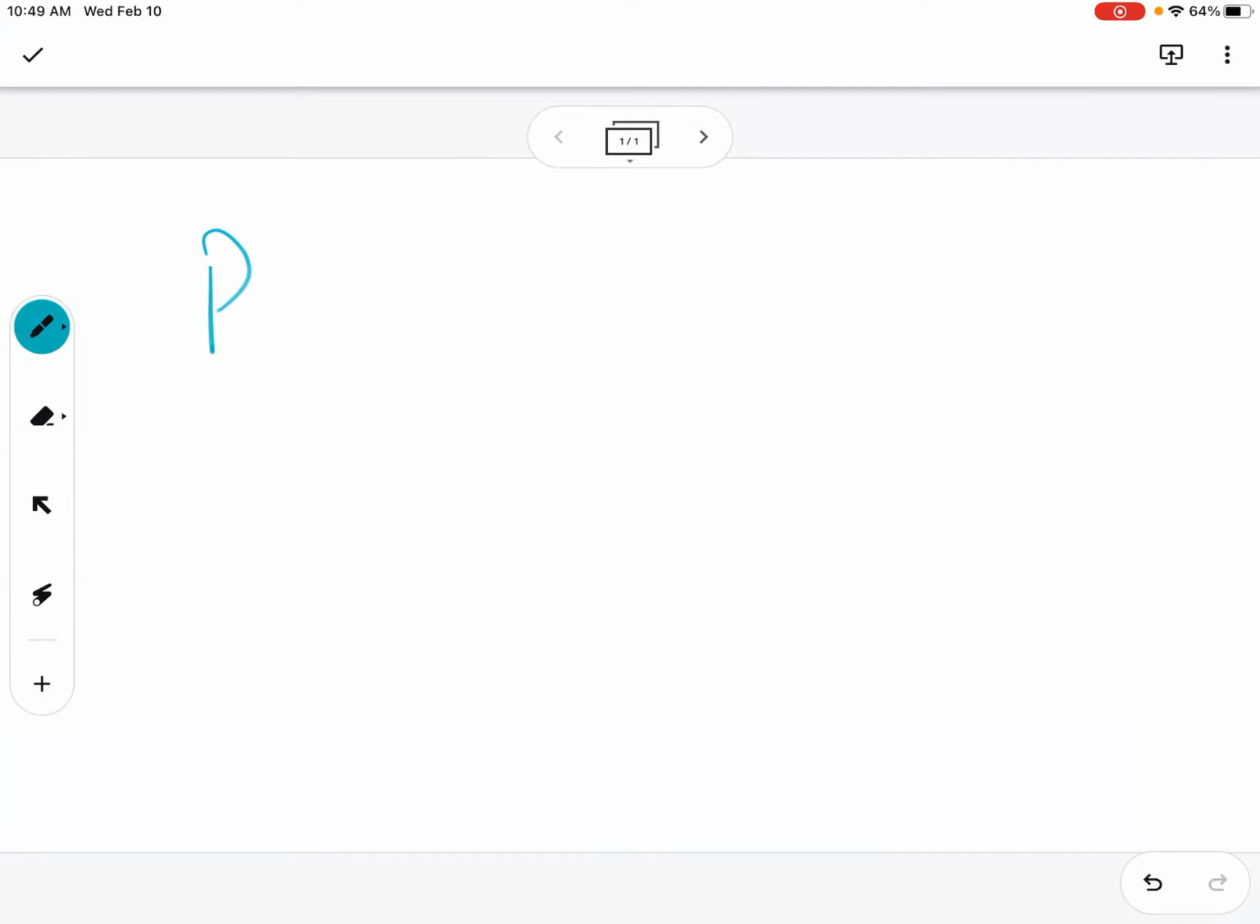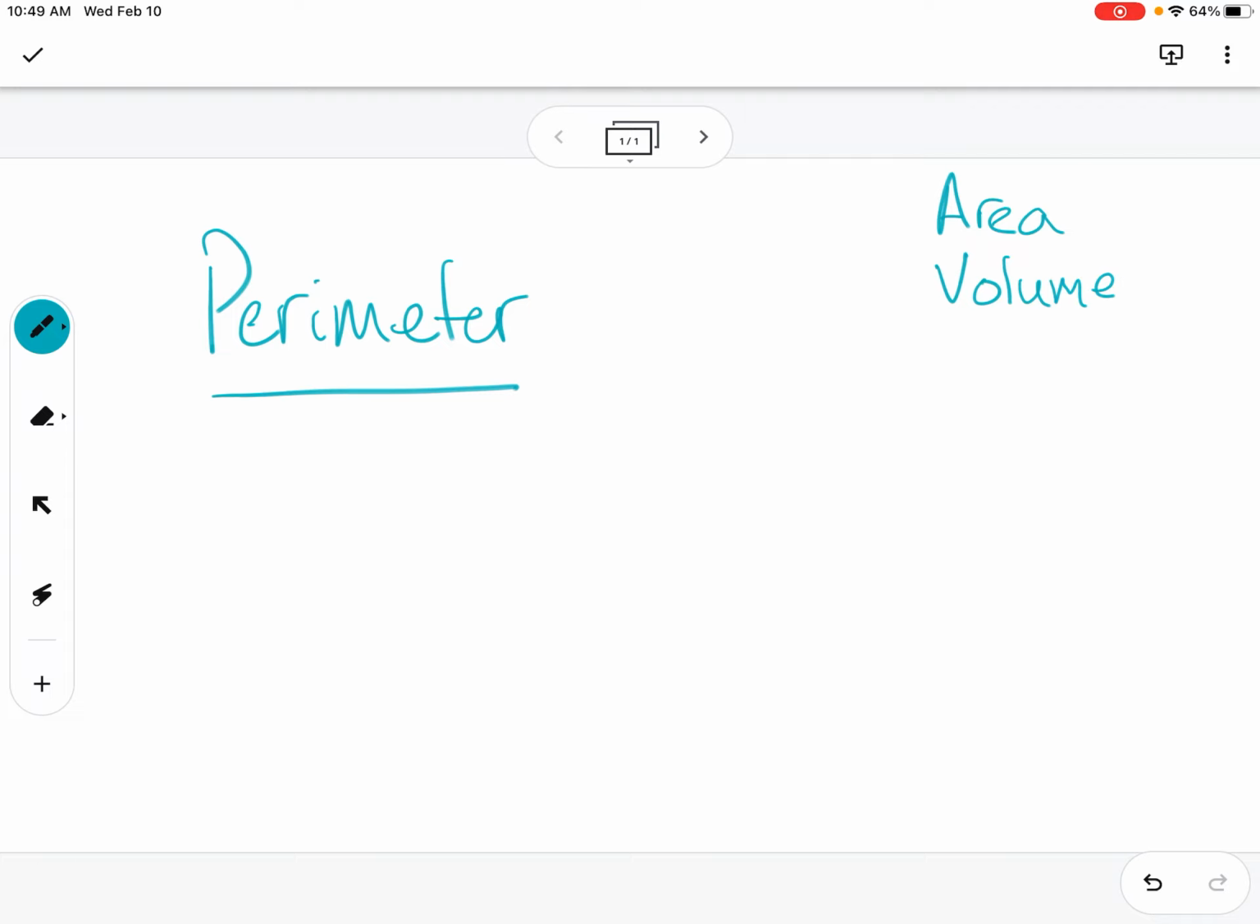This is a video about perimeter. There's three things that we can measure about shapes. One is perimeter, and we often see it mentioned alongside the idea of area and the idea of volume. Area and volume are things that we'll look at in videos that are still coming, but this video is about